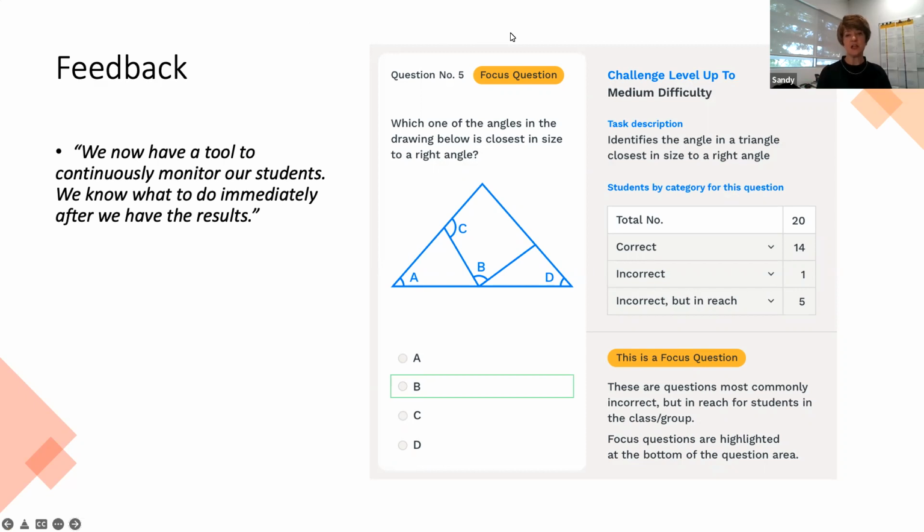In that image there, you can see that we have a question that was on our test. So the question's very similar to the kinds of questions that you would get on a NAPLAN test. Which one of the angles in the drawing below is closest to the size of a right angle. This is the report that you look at as a teacher after your students have completed the assessments. So we show you what the correct answer is, and then we tell you the students who got it correct,